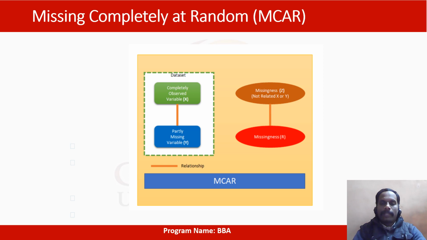That is, a completely observed variable x and a partly missing variable y. For example, the weighing scale may run out of batteries, a questionnaire might be lost in the post, or a bad sample might be damaged in the lab. So MCAR is an ideal, but unreasonable, assumption.